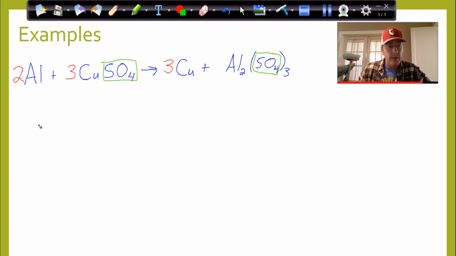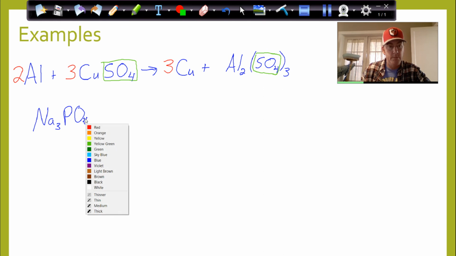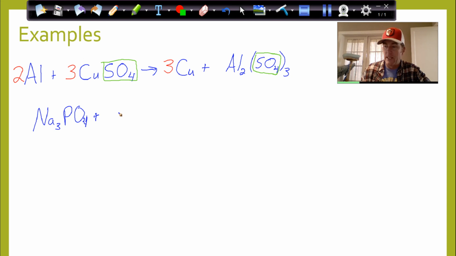So let's do a double displacement. If we have sodium phosphate, PO4, plus silver nitrate. This is a different one that I did on the examples of the reactions. So what's going to happen? We think of switching the metal for the metal, right? So we're going to get sodium nitrate